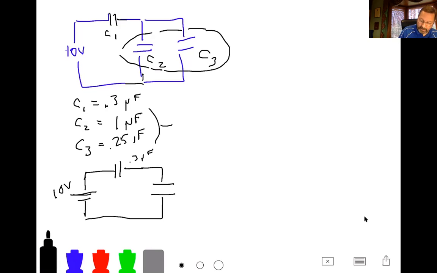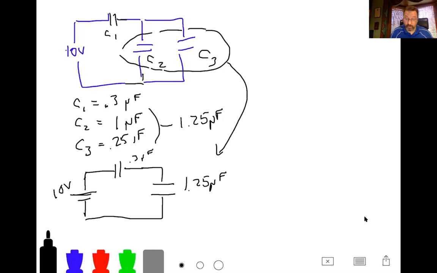0.25. And so if I combine those two in parallel, okay, I get 1.25 microfarads just by adding them. I'm not going to show that work. Hopefully we can all do that in our head. 1.25 microfarads. That's the total capacitance that represents C2 and C3. Everybody with me so far? Good. And now I got two capacitors there in series with each other. And I guess I need to figure out an equivalent capacitance that replaces those two. And I'm going to call that C equivalent. Okay, it's pretty terrible artwork, but I think you're hopefully following me.